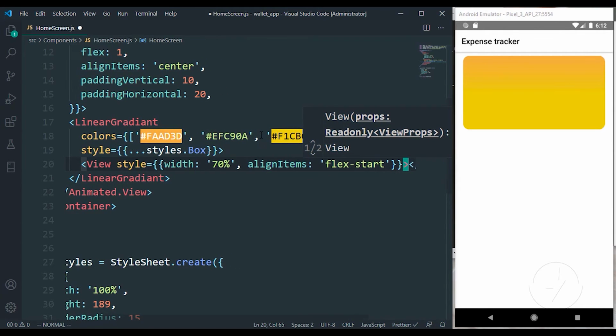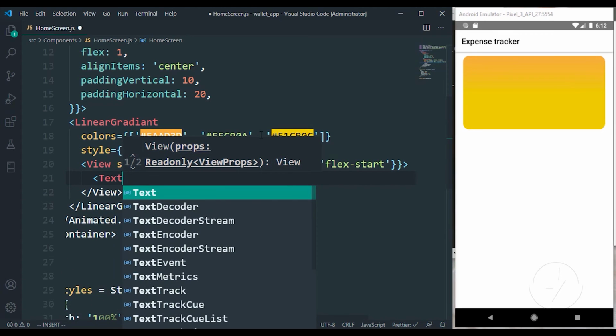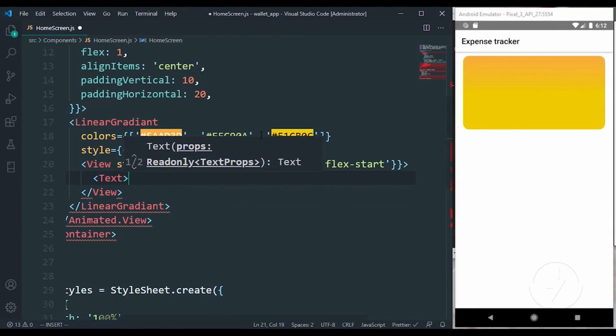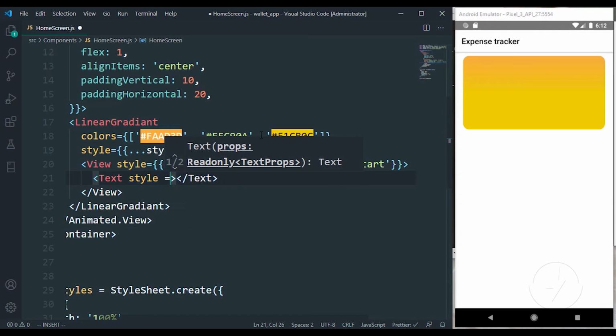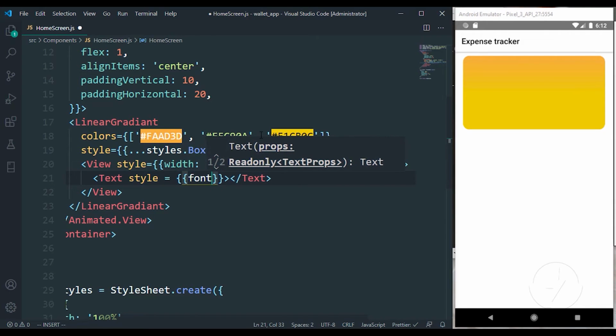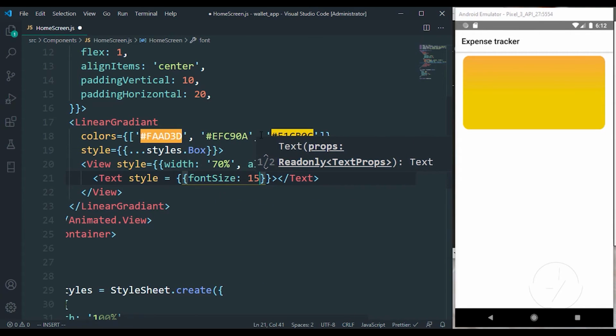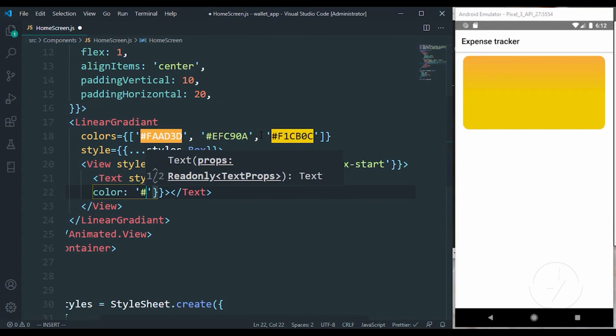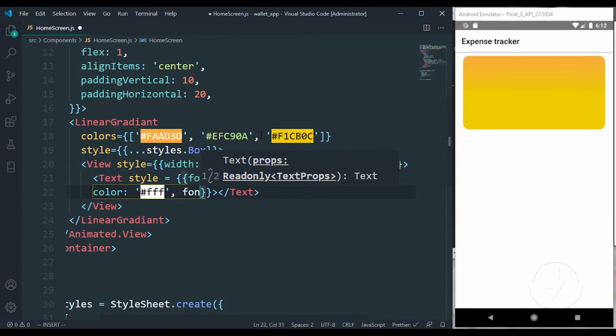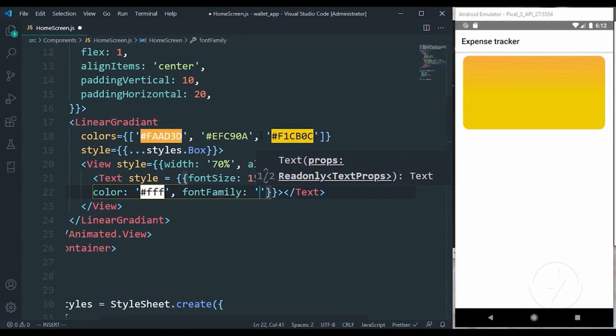and in between the view, we now have to bring in a text. The text is also going to have an inline styling of font size 15, a color of white, a font family of Lato regular.